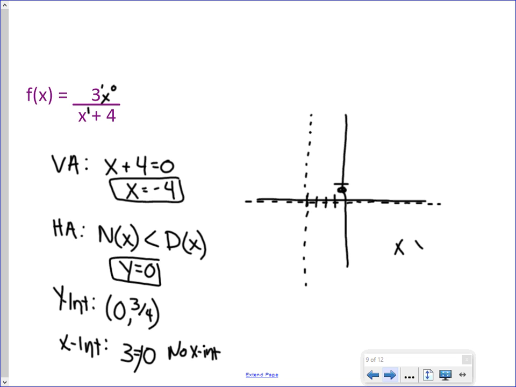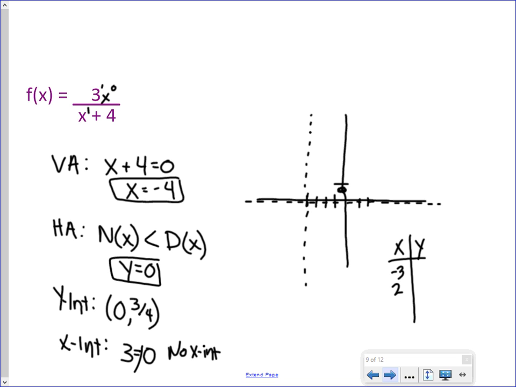Make the little table of values over here. You can choose any x's that you want. If I'm graphing over here on the right side of my vertical asymptote, I might choose -3. I might choose 2. It doesn't matter what x's you pick. You try and get some extra points. Plug those numbers in